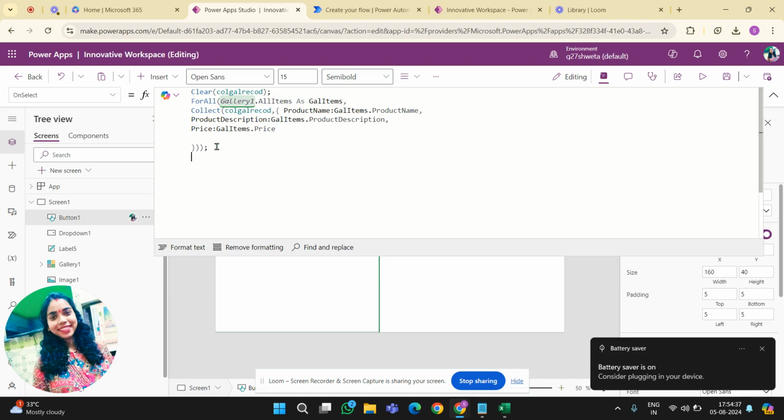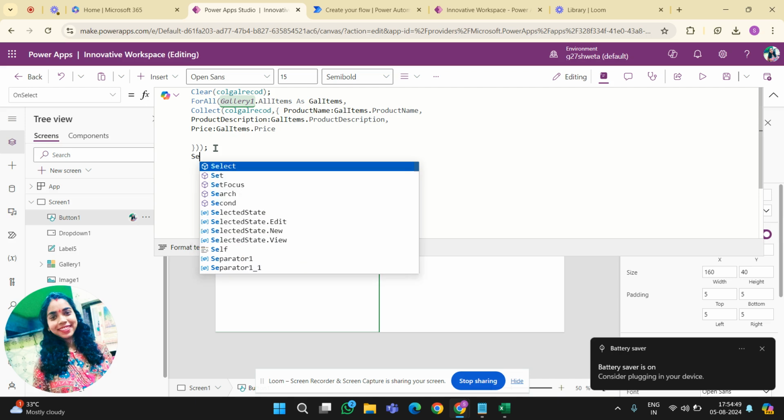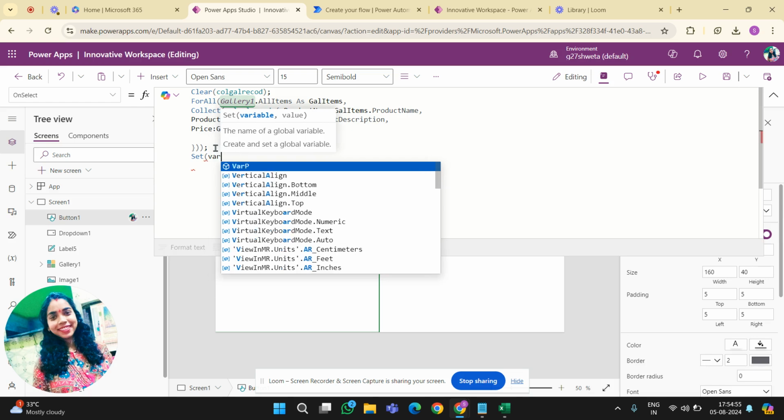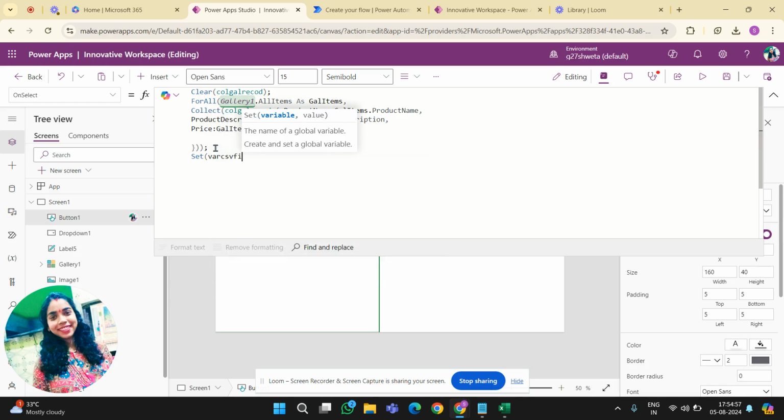Now in our Excel sheet, we need these three columns: one is product name, one is product description, one is price. If you want more, then you can add more columns as per requirement. Now I am creating one variable, the CSV file.